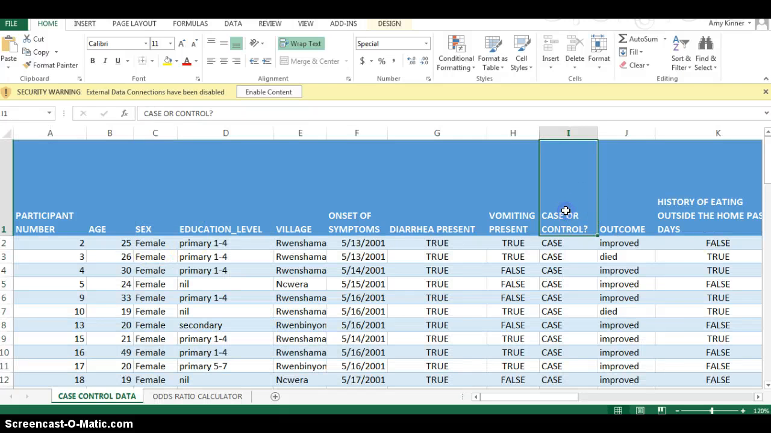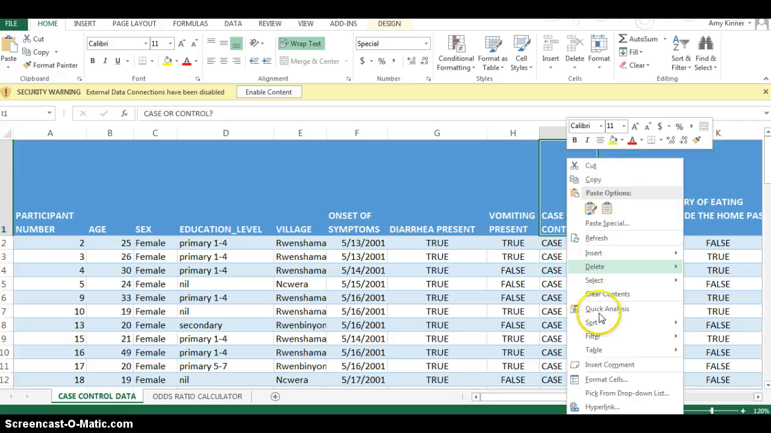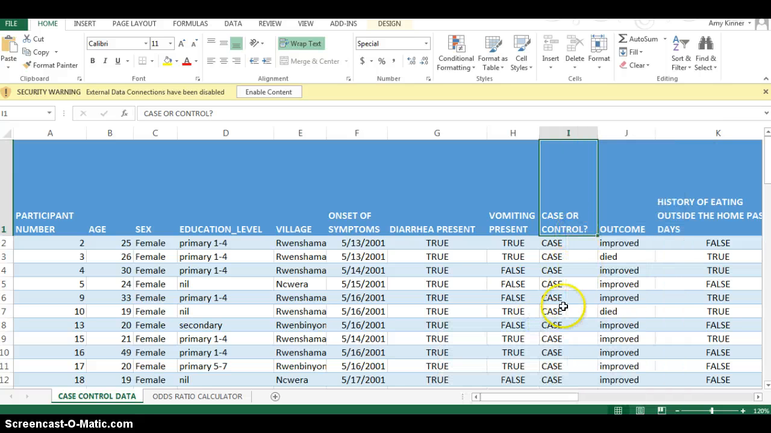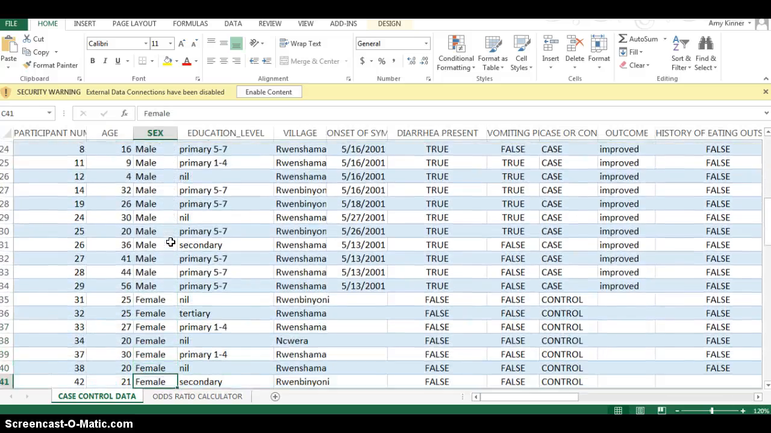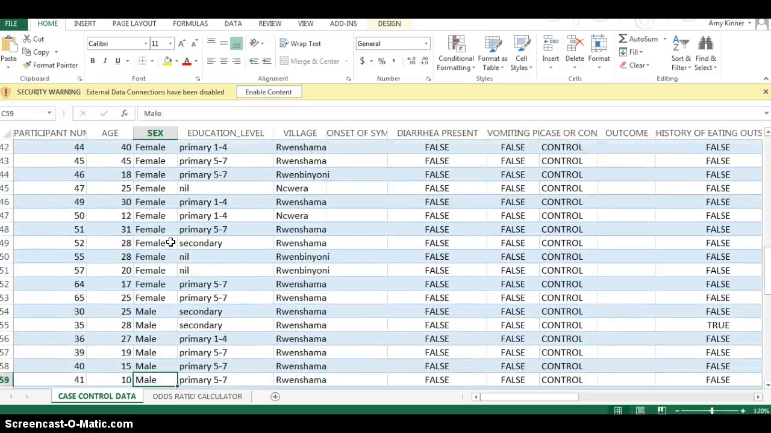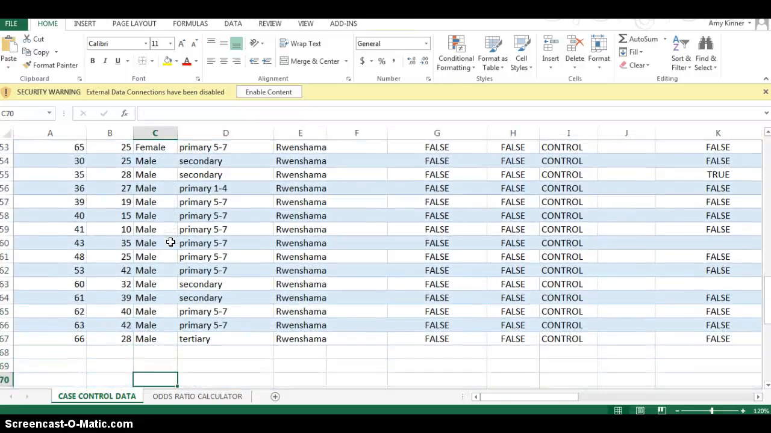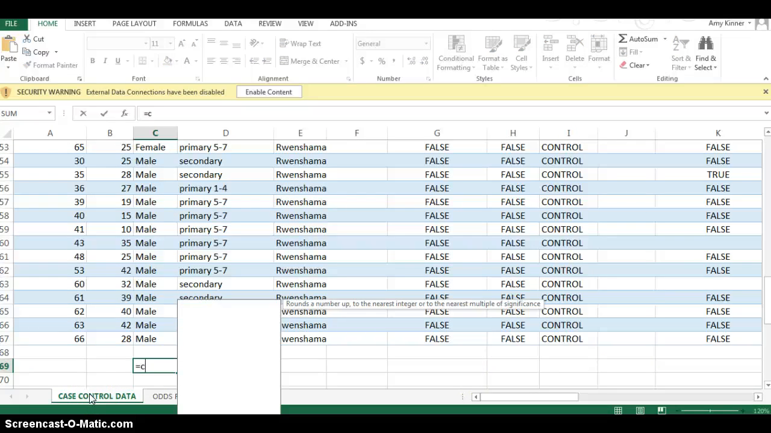I want the females on top. I want to go back and sort cases and controls, sort A to Z. So now I have cases, female, and then male cases, controls, female, male controls. So if I wanted to go through now and count the number of female cases, I could go count